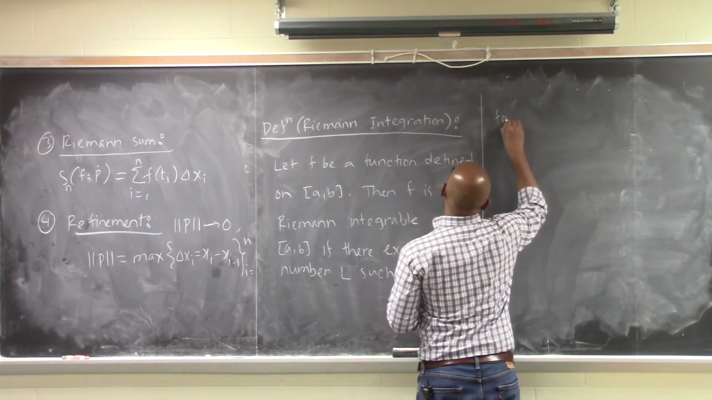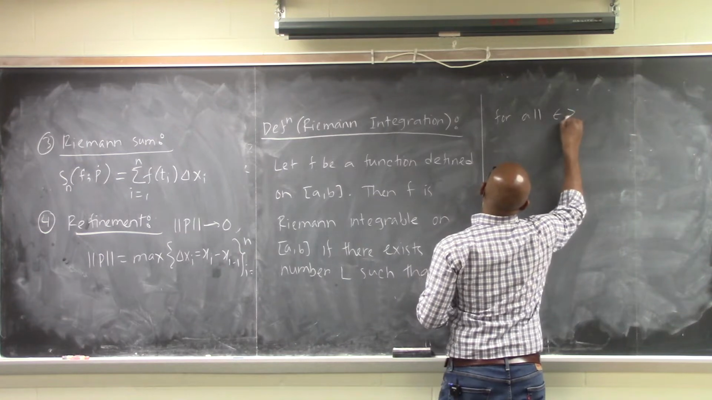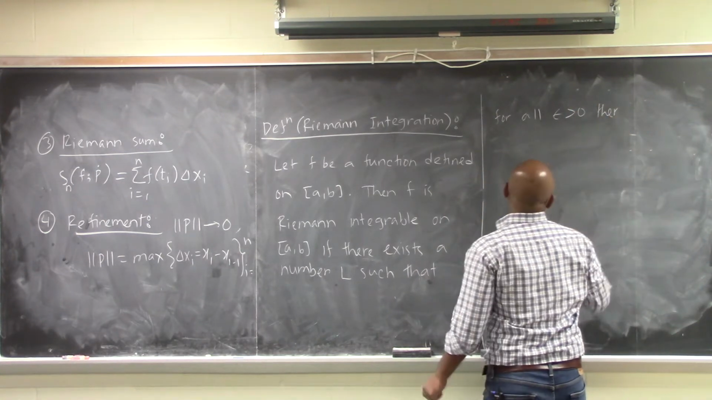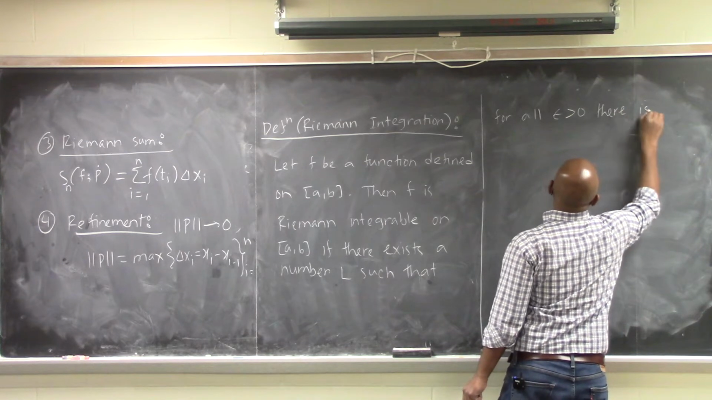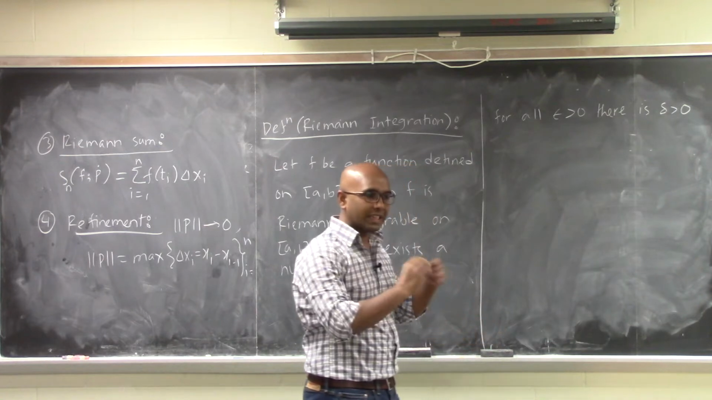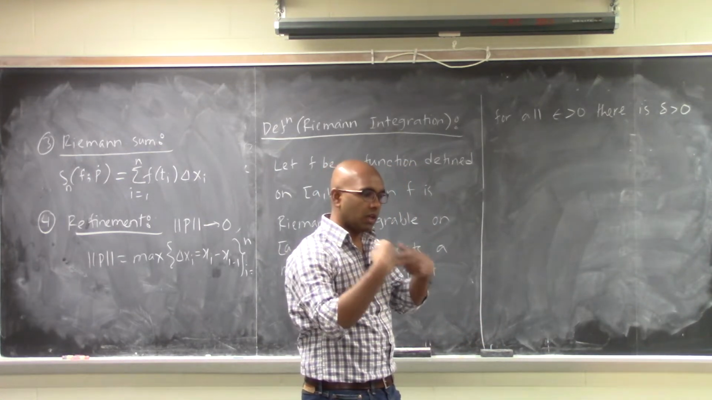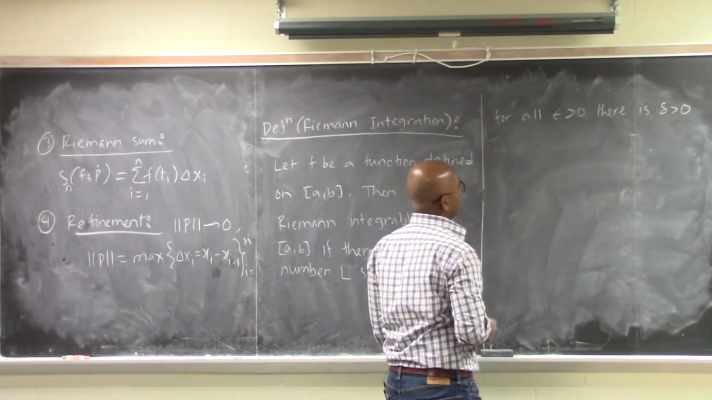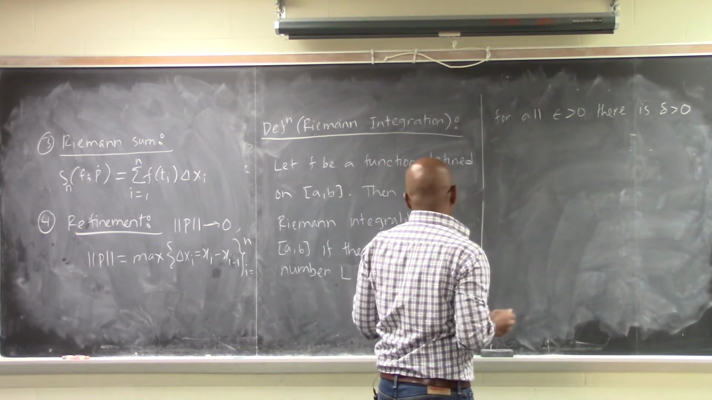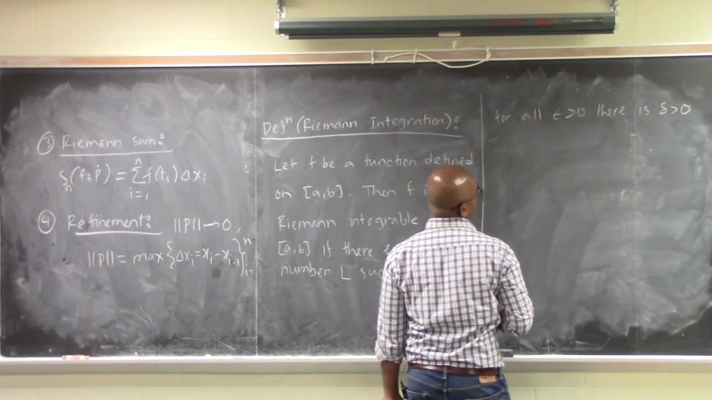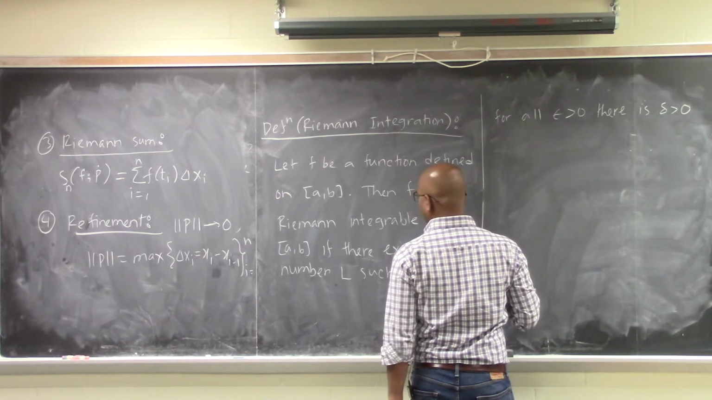such that for all epsilon greater than 0, there is a delta greater than 0. Now this delta depends on epsilon. You change your epsilon, you will get a different delta. You have to get a different delta, otherwise it's not possible. In all the cases, there is a delta greater than 0 such that